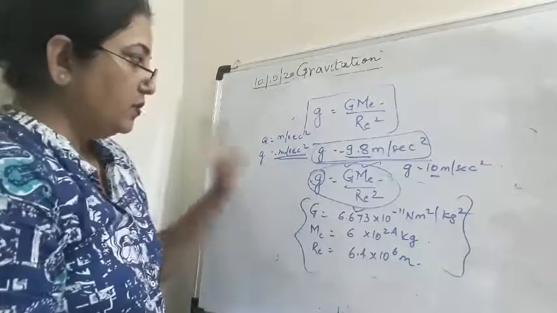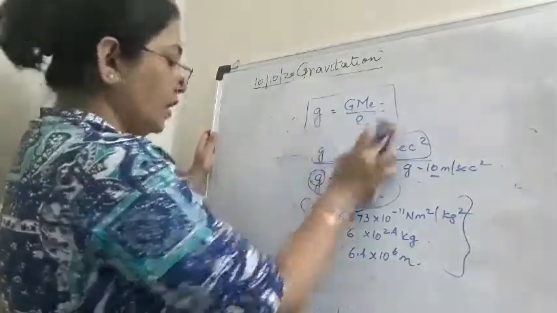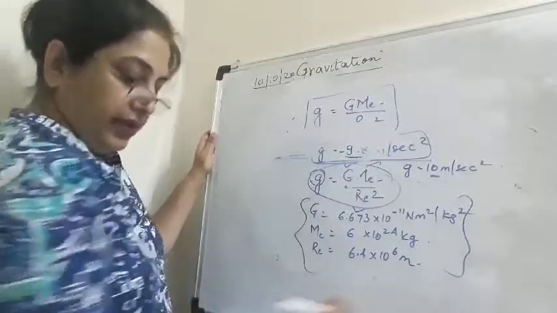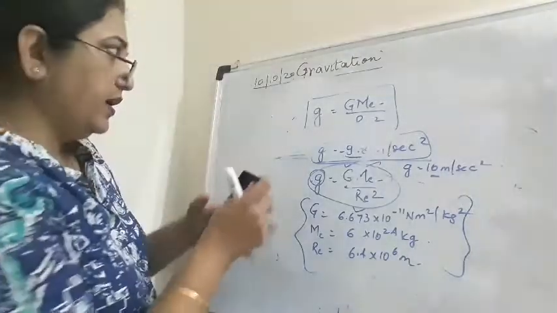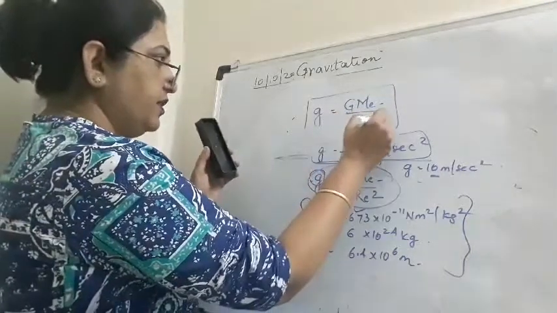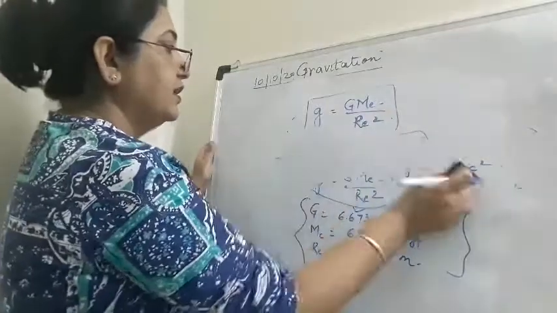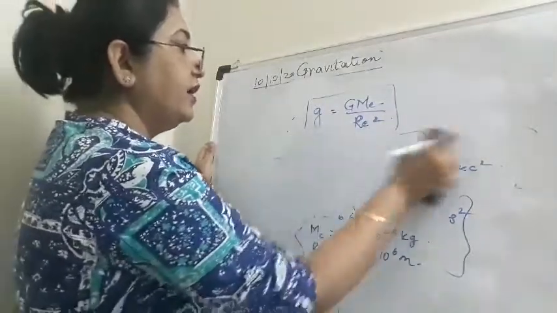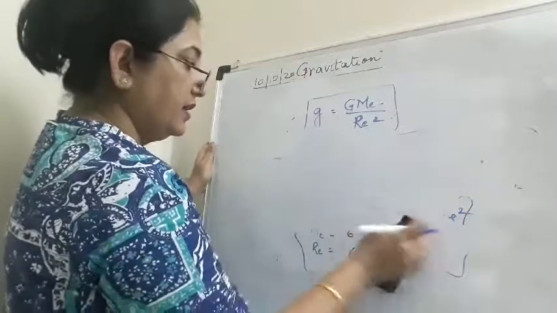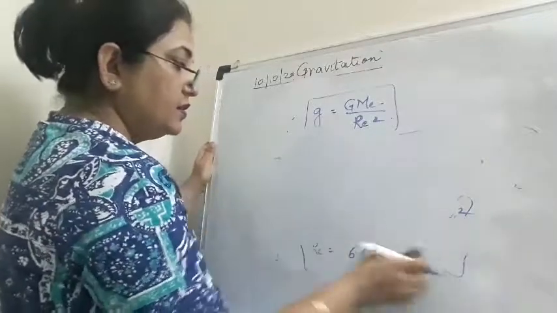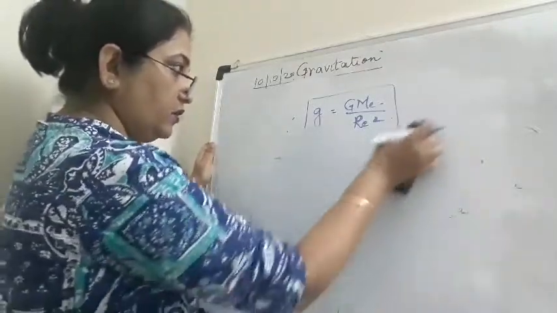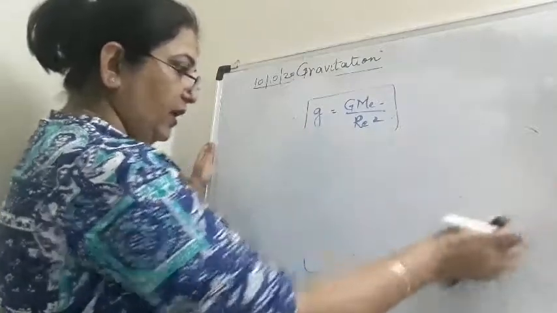Okay, so these points are clear to you. Now, yesterday children, I told you that when I was deriving this formula, why do we take in this case the distance of the falling object as a radius of the earth. So I want to make it clear with